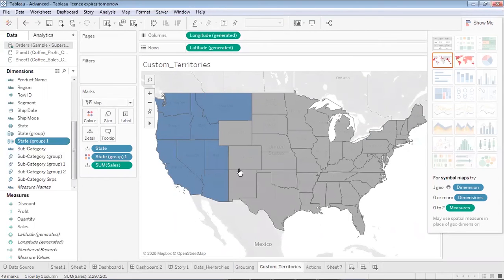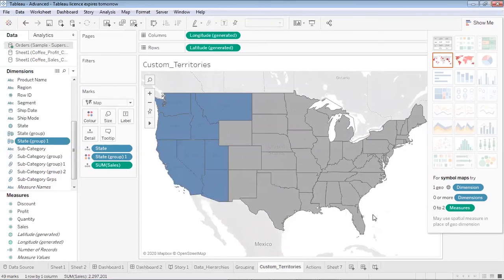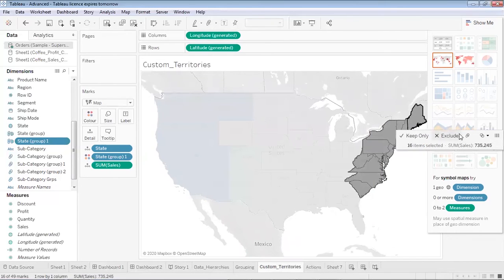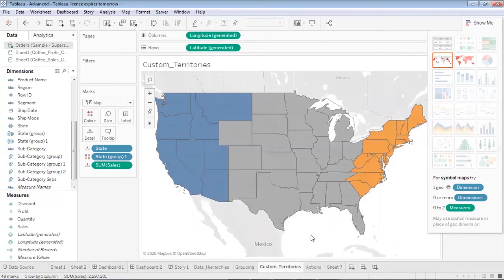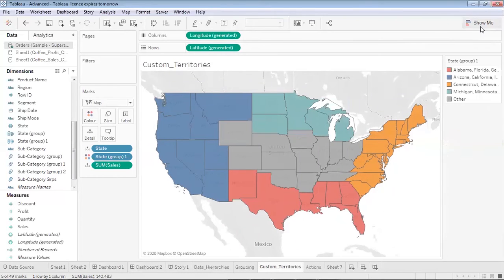Now, I would like to place these values in another group. Okay, one more group. So now basically there are two groups and one is an other one. Now I would like to create one more group over here. So I'm creating one more group. In this way, if you'll notice, I have created four groups, and the name of each is the name of all the states which fall in it, and then one is another group.